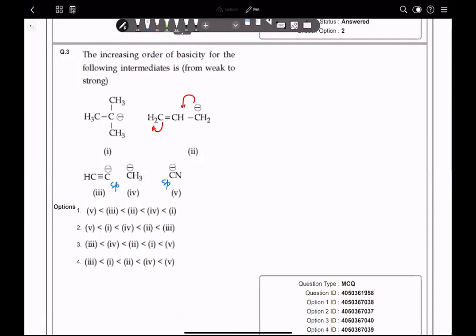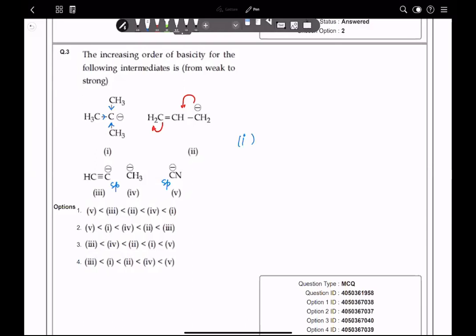So that minus charge is most stable. And out of these, the most unstable carbon will be the first one, because due to the +I character of CH3, electron density is increasing on this carbon. So minus charge with carbon, and with the increase of electron density, it becomes most unstable. That means it is the strongest base. So the basic strength order, if I write, then 1 will be most basic. And with this itself, you can say the answer must be 1.